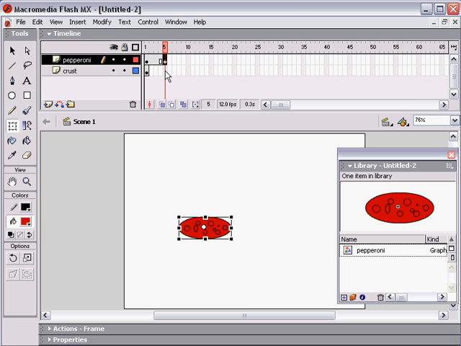So I'm going to click on this keyframe and on my arrow tool, and I'm going to go up